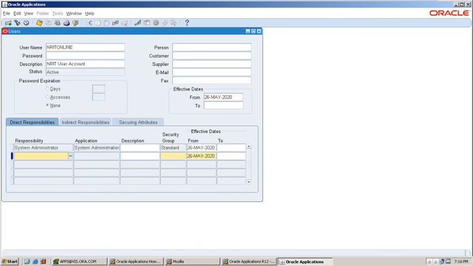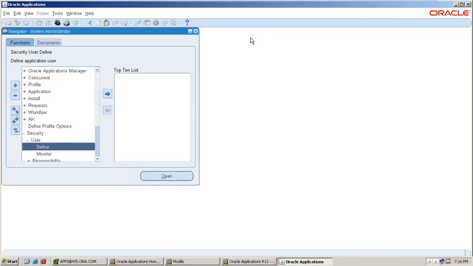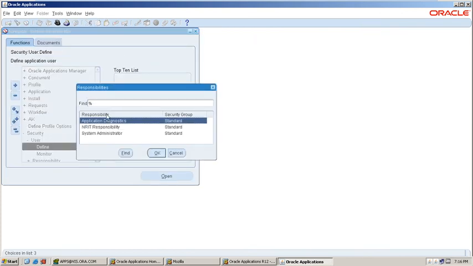Now here I am assigning this, the custom responsibility which we have created. Just save the work. Now see here, I am able to see my custom responsibility.